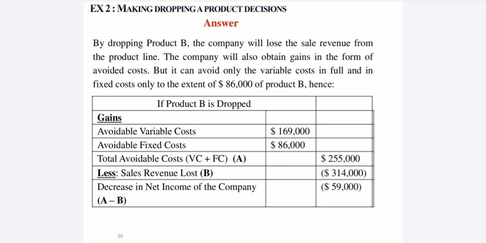اوكي، يبقى this is always the strategy. لما نيجي نقارن بشوف ايه هي المكاسب وايه هي الخسائر. خلاص، لو المكاسب اللي هتجيلي من ان انا اعمل دروب للبرودكت اكتر من الخسائر طبعا هعمل دروب، لو اقل مش هعمل دروب. اوكي, so I will compare first gains of dropping a product. Gains meaning the costs that you will save, the cost that is avoidable. ايه هي الافويدبل كوست في الاكسرسايز بتاعنا؟